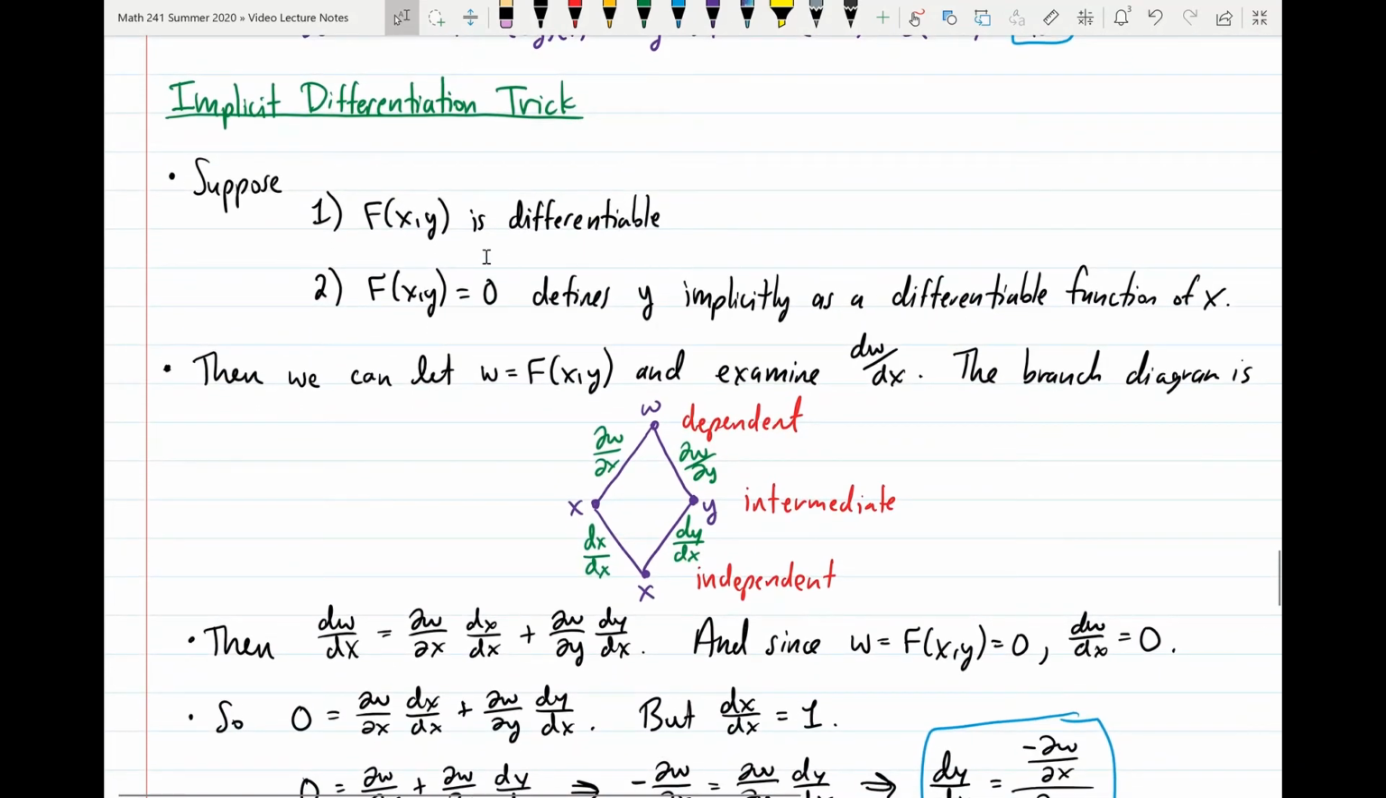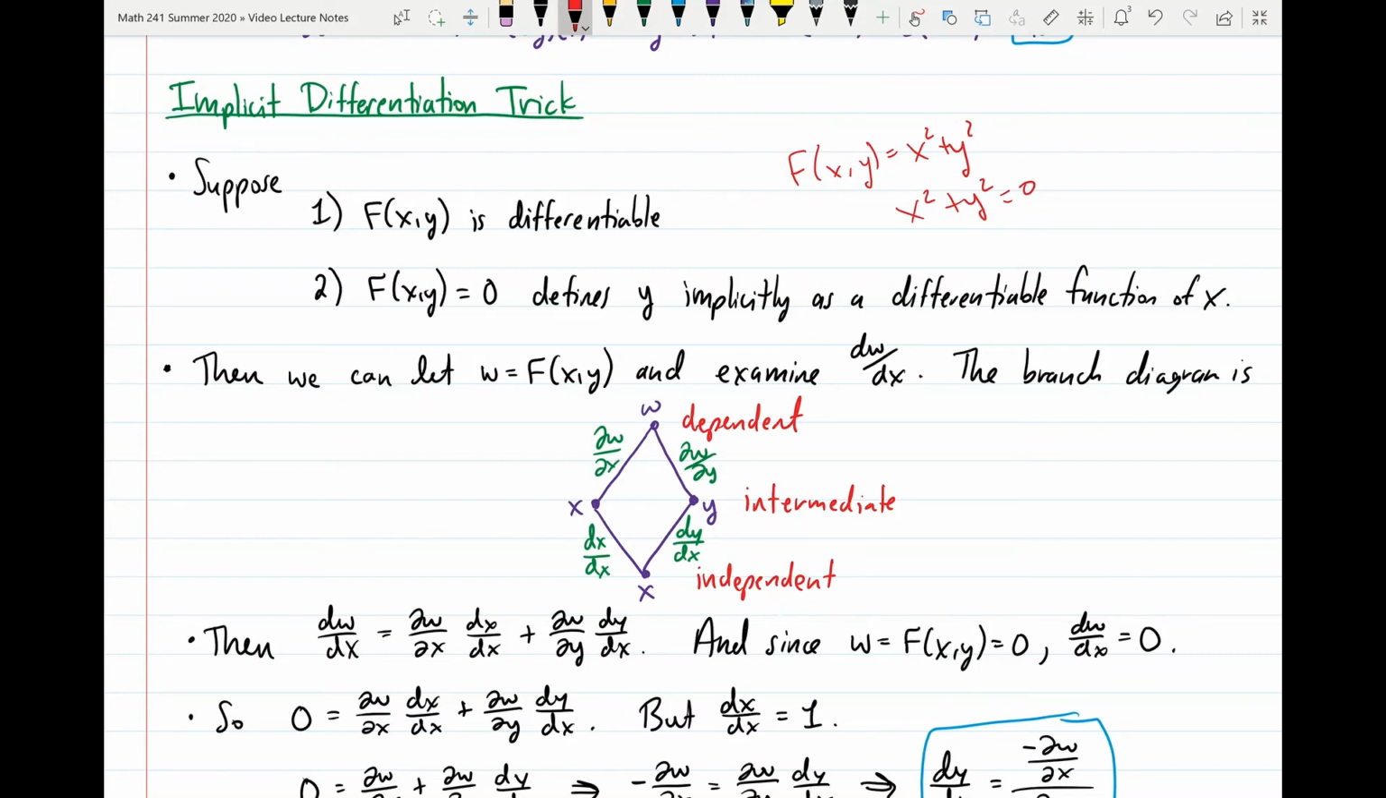Suppose that we have a function big F of x, y, and that function is differentiable, and also suppose that this function F of x, y being set equal to 0 defines y implicitly as a differentiable function of x. So what exactly do I mean by that? I mean that you have a function F of x, y, let's say it looks something like x squared plus y squared. That would be a function in the variables x and y. And I'm saying that when you set that equal to 0, so x squared plus y squared is equal to 0,